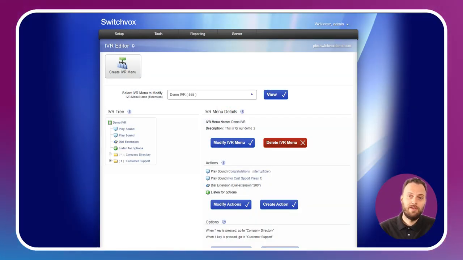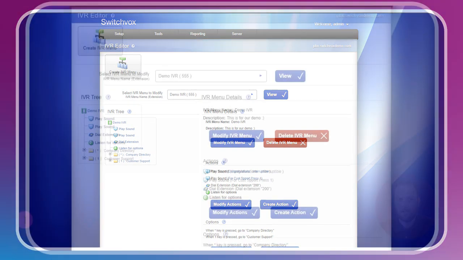Welcome back, and in this segment we'll be talking about advanced IVR setup. If you've already watched our video on IVR basics, you're familiar with the components that make up a Switchvox IVR and how to bring them together to make a simple call menu. We created an IVR that plays a greeting and listens for callers' input to route them to a sales queue or company directory. In this guide, we'll go more in depth and create an advanced IVR with layers that would accommodate an office environment with more than one language.